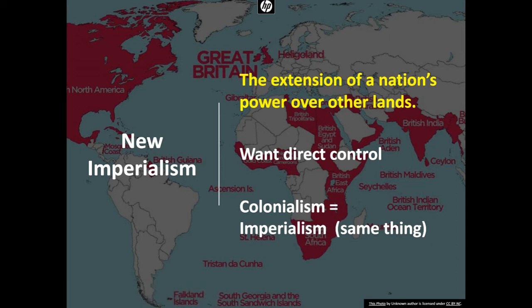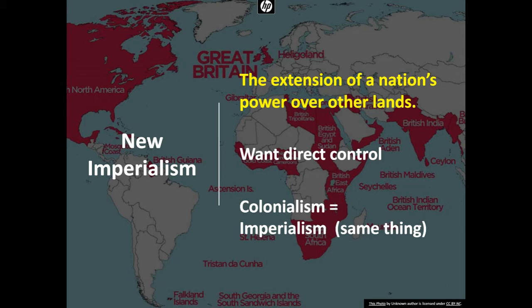Now, the reason we call this new imperialism is because sometimes people call the era of colonizing America old imperialism. That's when Columbus comes over and discovers that there's a new world there, and then Portugal, Spain, France, and Britain rush over to try and colonize the different areas. That's called old imperialism. New imperialism is once these countries have industrialized, they are going out and looking for resources for their factories. One of the things they want is direct control if they can get it. So these nations essentially come in and take over, and then they have direct control over those local governments and those local people.